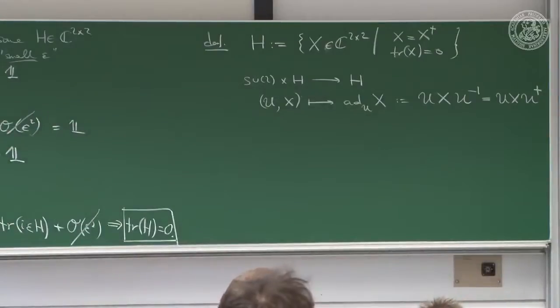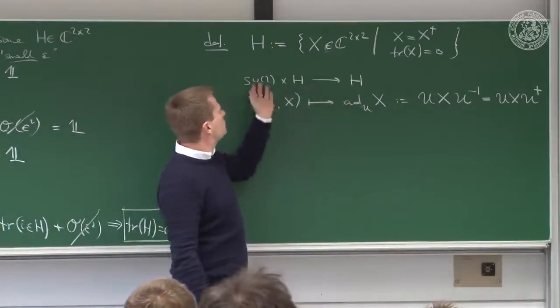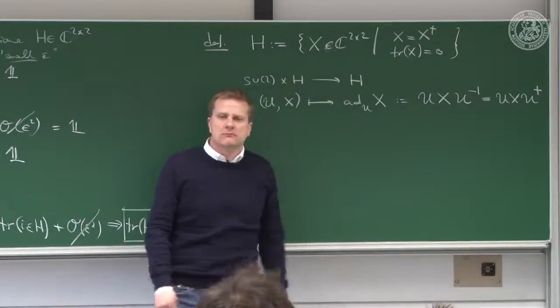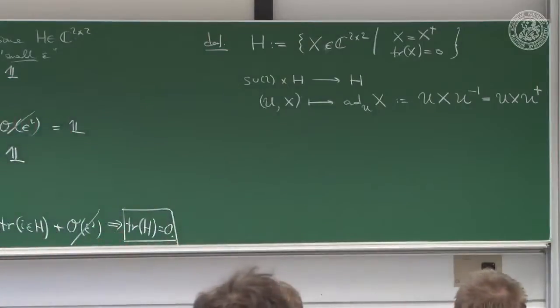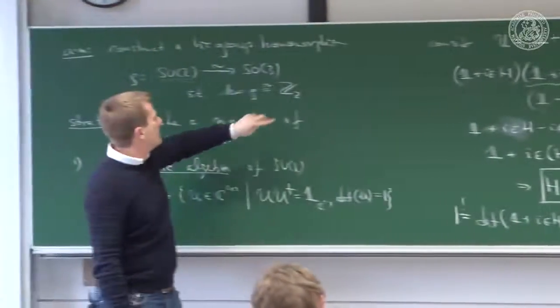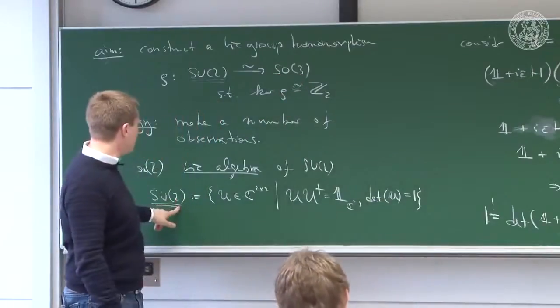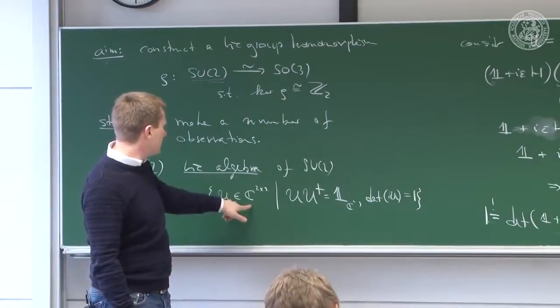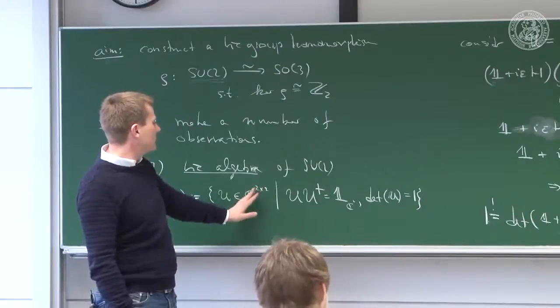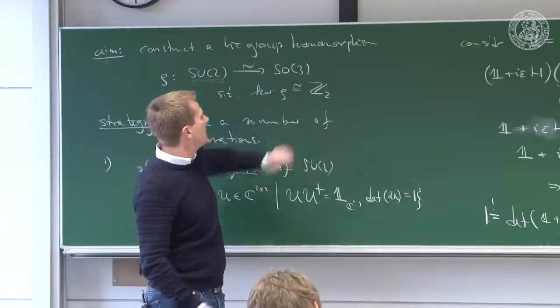Okay, so what have we achieved? Well, we found some representation of SU2 on this Lie algebra. You say, okay, you can do this with any group. What's the special deal? Well, what we are after is a map from SU2 to SO3. Not any map, but a Lie group homomorphism. Now, SO3 acts naturally on what space? So SU2 acts in its defining representation on C2, right? Maps from C2 to C2. SO3 in its